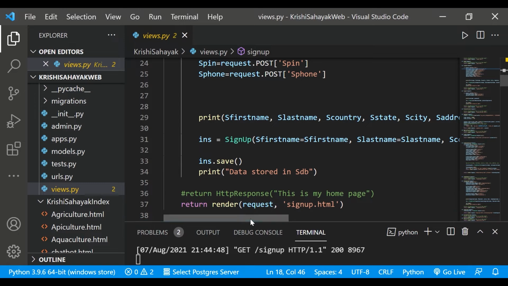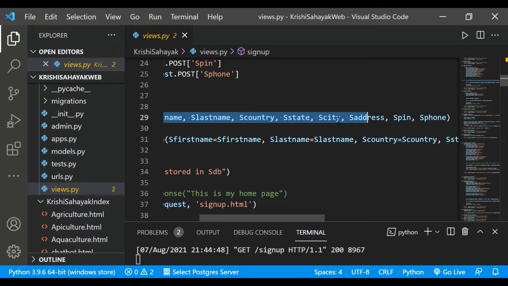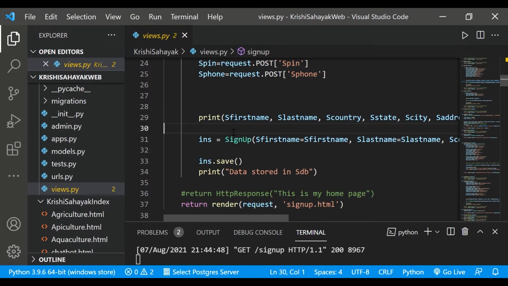We also have to print the data. So I use print and I write all the variable names. After that I use ins, a variable, and signup, and I assign the variables some value.